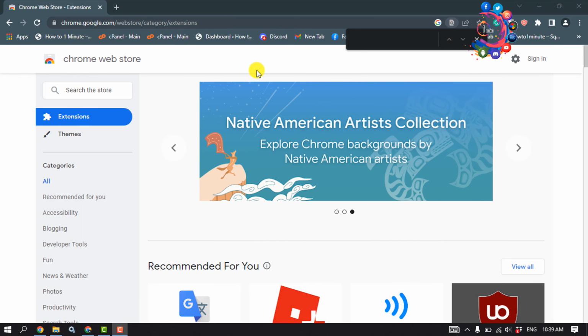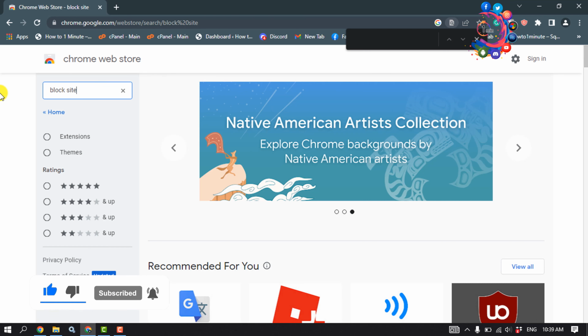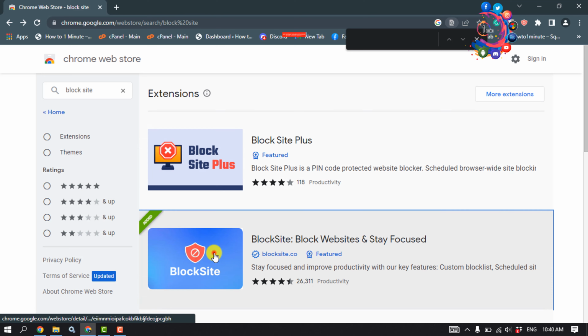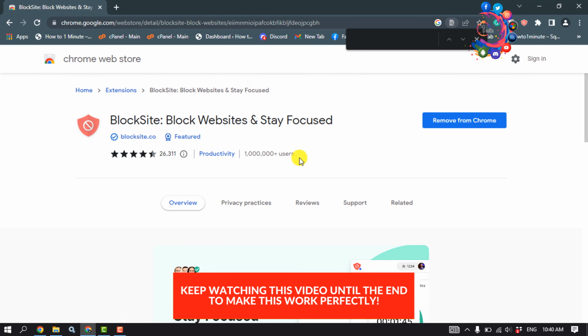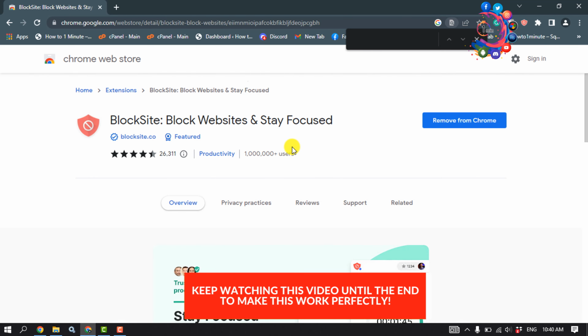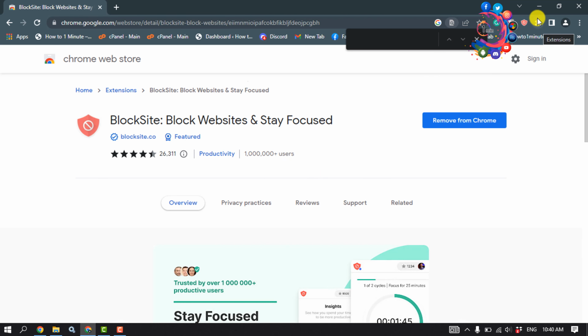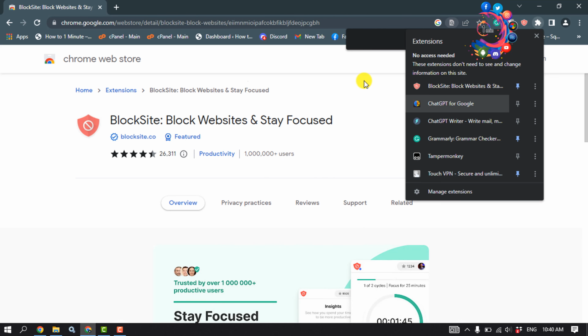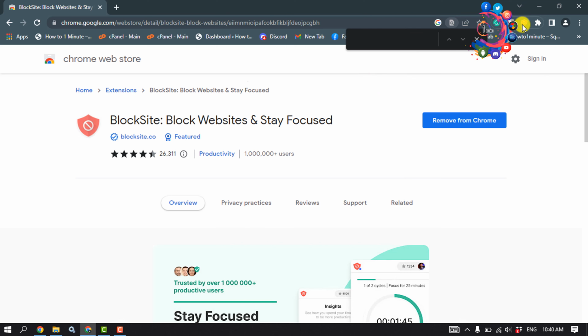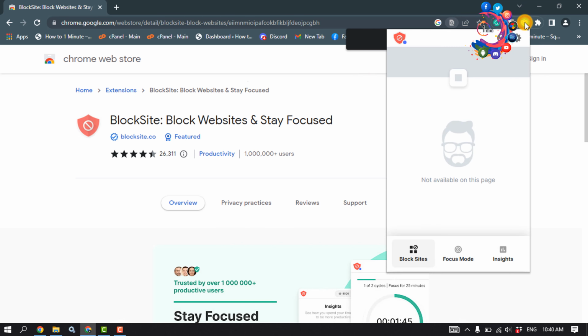First of all, open your Chrome browser and open the Chrome Web Store and search here for Block Site. Click on this extension and all you have to do is add this extension to your browser and make sure to pin the extension from here. Once it's pinned, click on the extension icon. Click on the settings icon